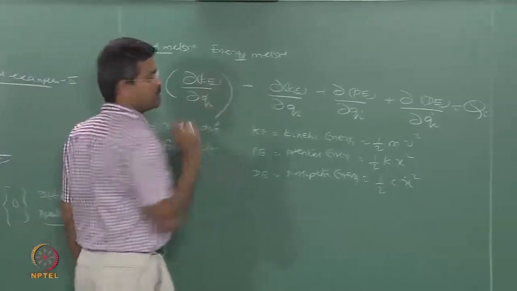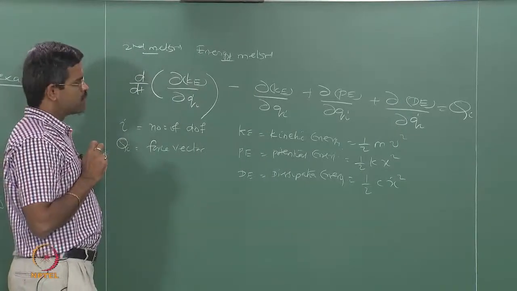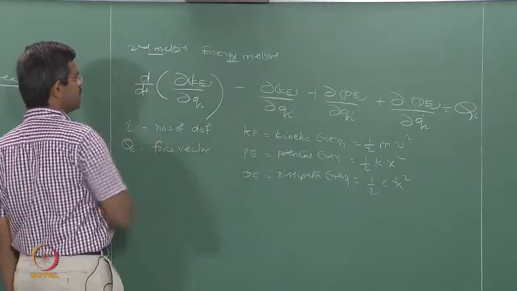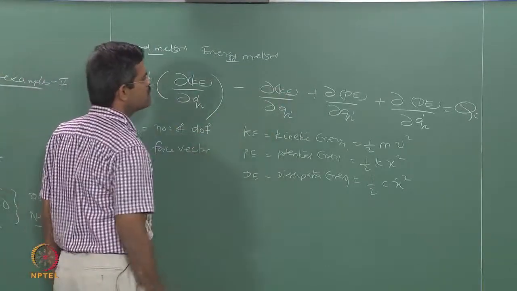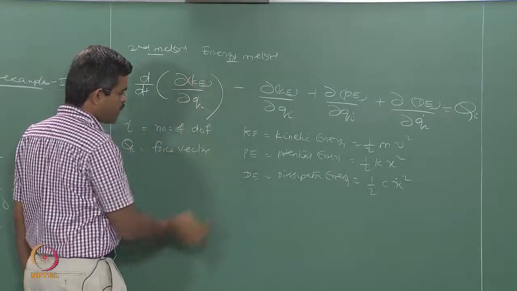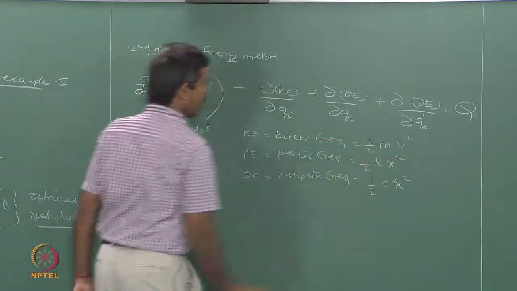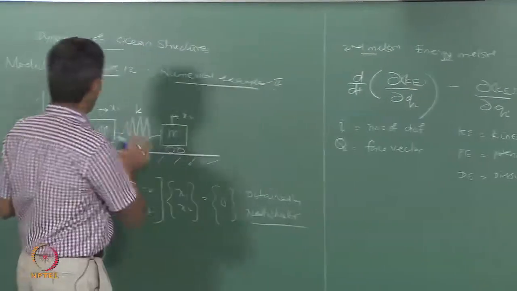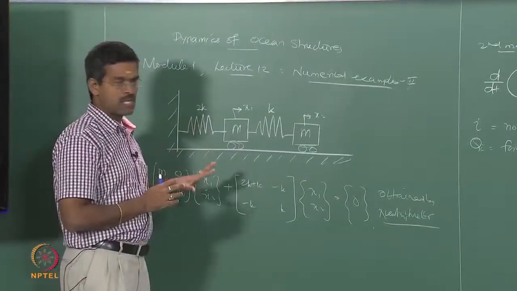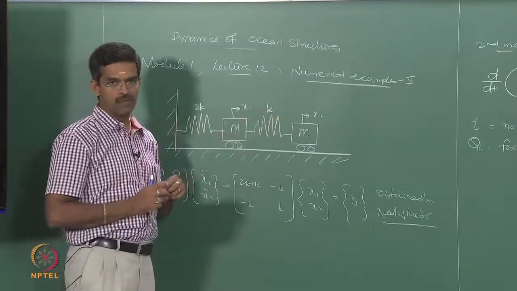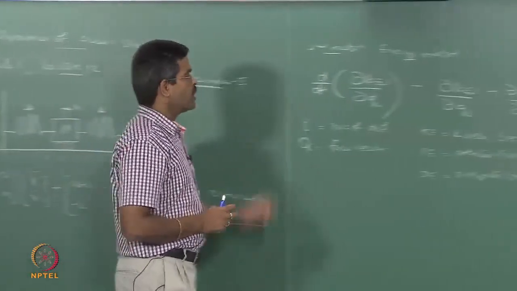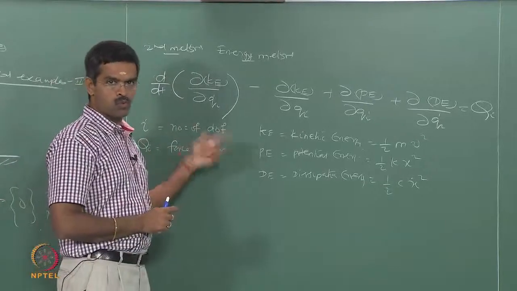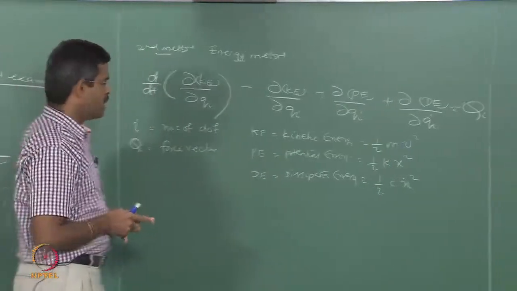So, partial derivative with respect to that particular displacement function, and you take a derivative of that and you equate this, and you do this as many times as i, where i is the number of degrees of freedom. So, if you want to apply this equation as such to this problem, the first thing I will understand is i will be 2 in this case, because there are 2 degrees of freedom. So, I will write 2 equations now. One equation with respect to q1 or x1, other equation with respect to q2 or x2. Okay. Let us write both the equations.